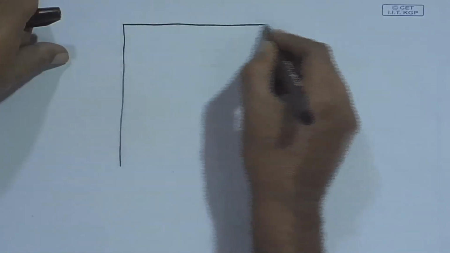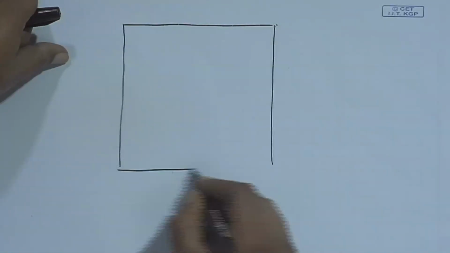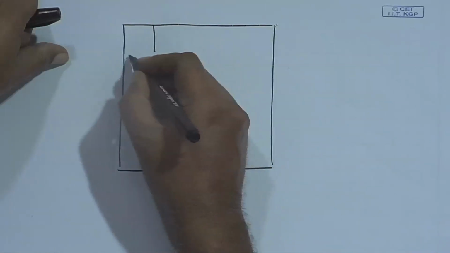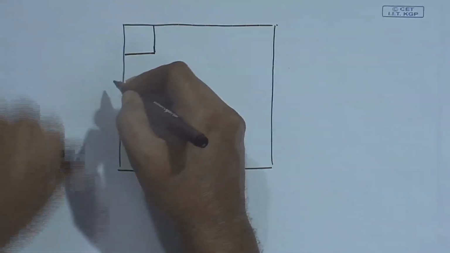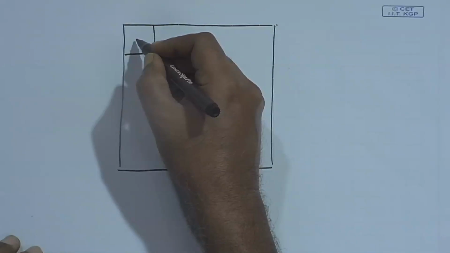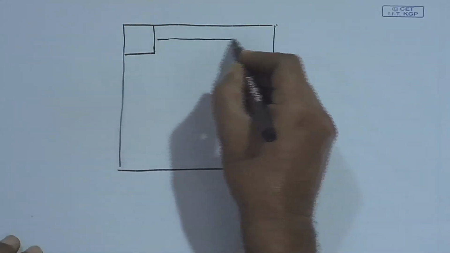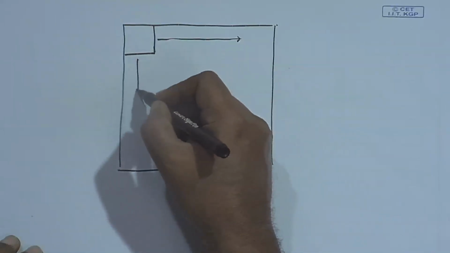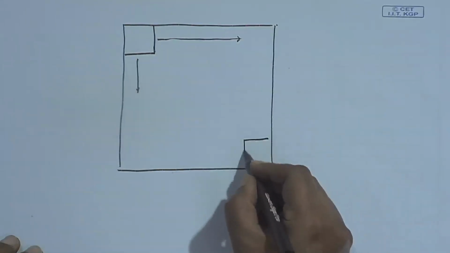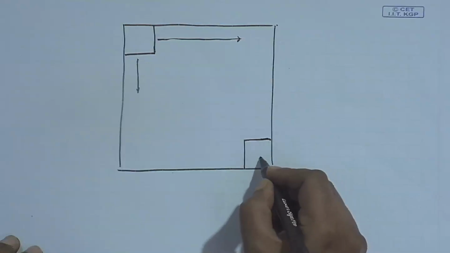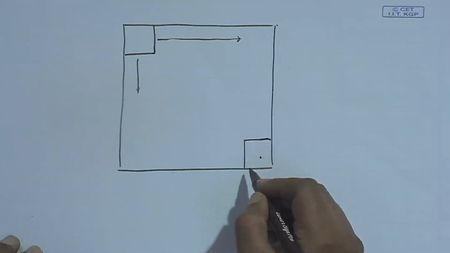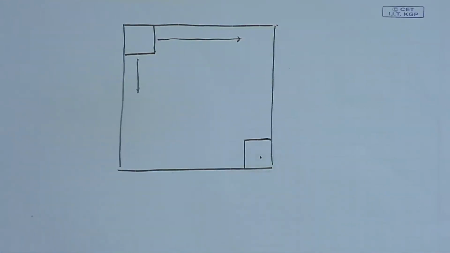If I have a block, this part will have the essence of the image mostly, and as we go down either this way or this way, the essence comes down and here it is a minimum. Okay. Now, for those of you who know about information theory, any information, an image is also an information.